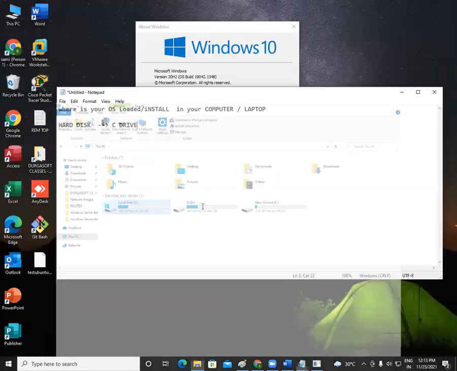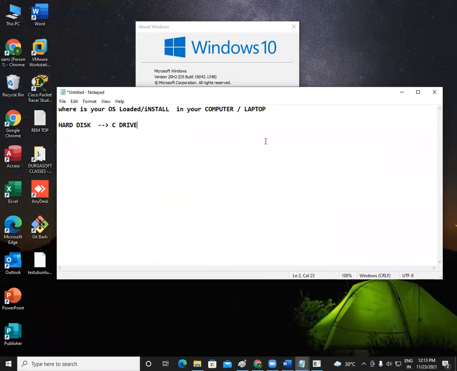Now, note, hard disk is a raw device. Raw device means there is nothing in the hard disk. So from where did the operating system come into my hard disk, and from where did the C partition, D partition, E partition come?